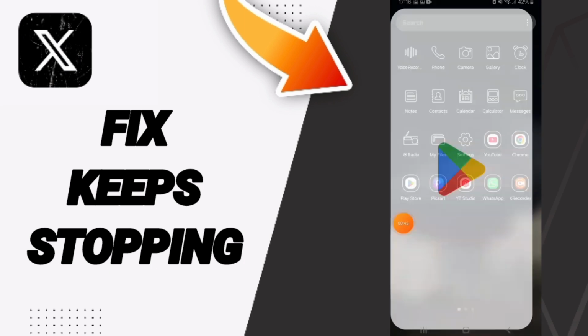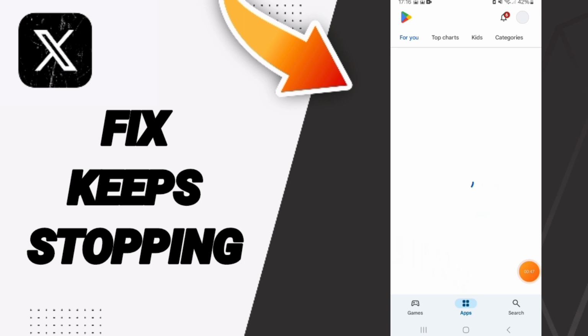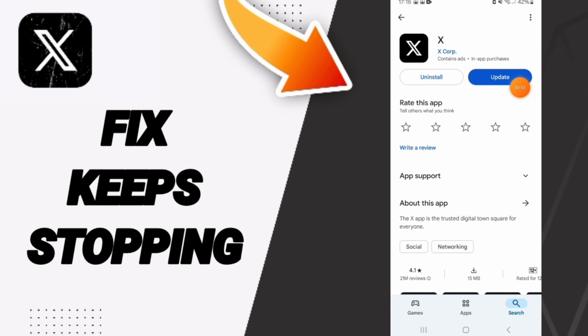In the end you will go to Play Store. You will search for the application of X Twitter and then you can update your app with this blue sign,